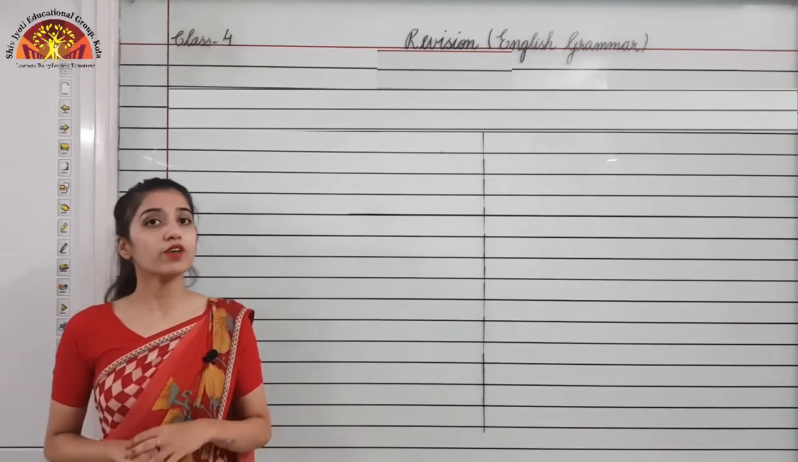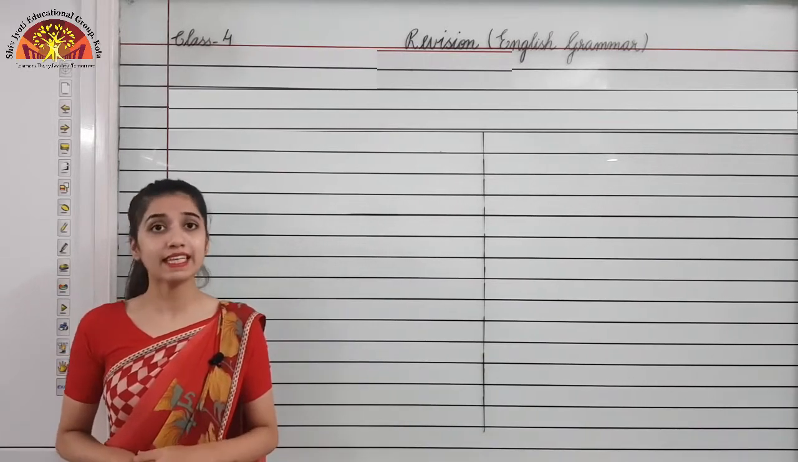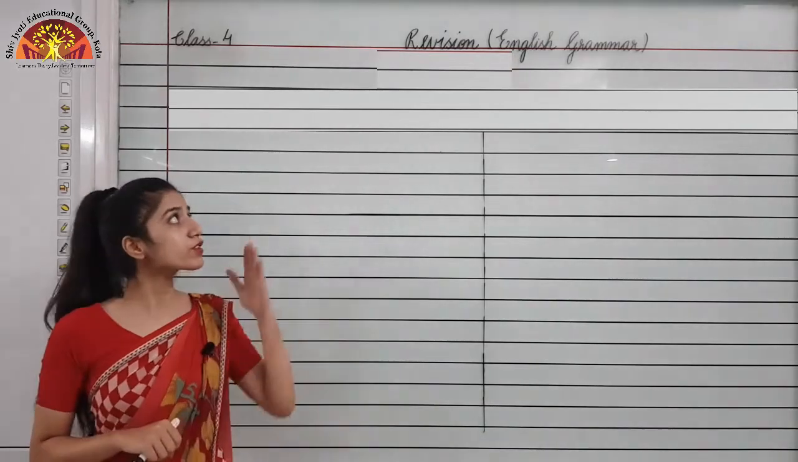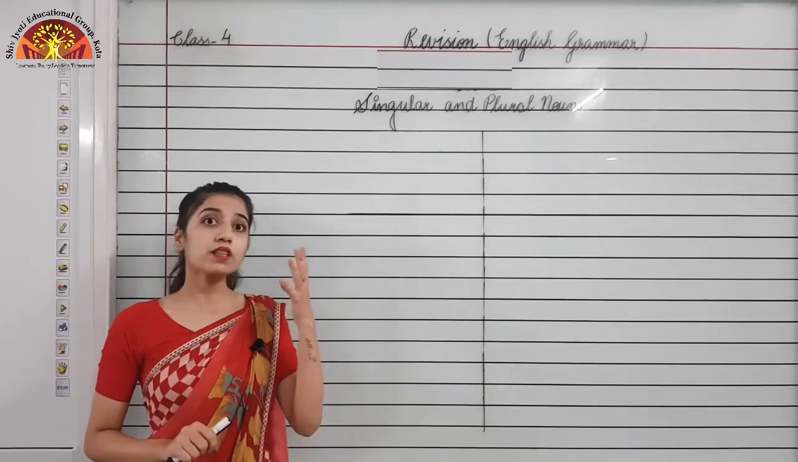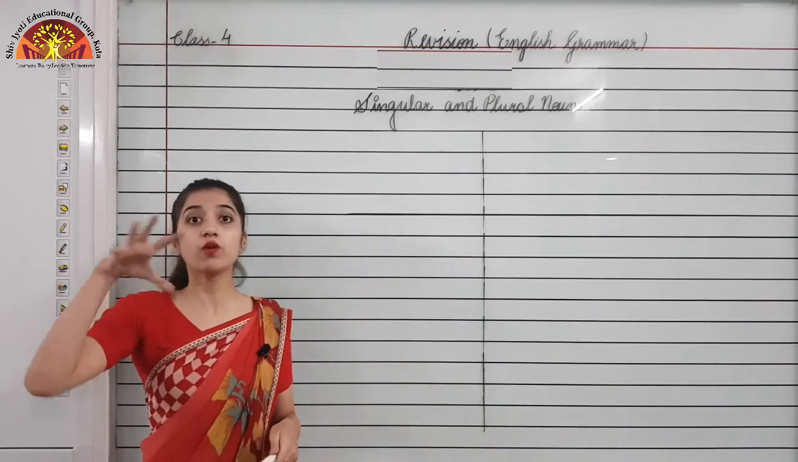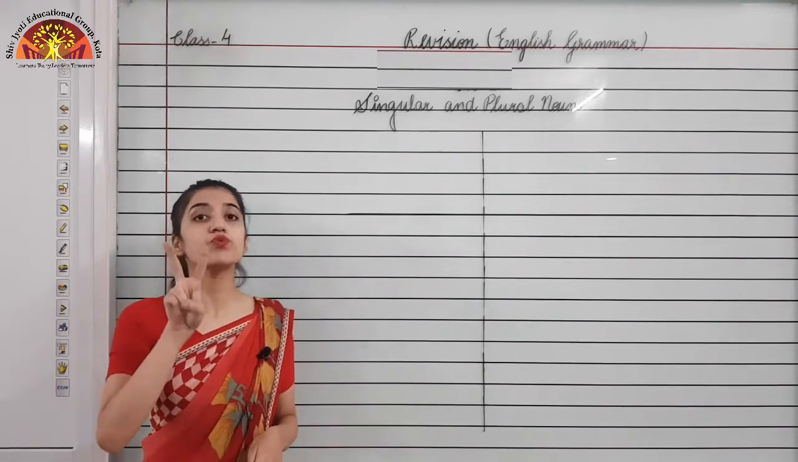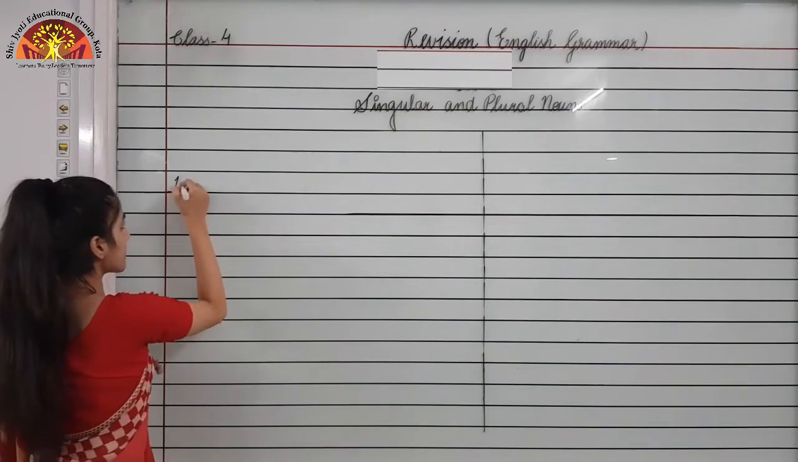Today we are going to revise 4 of your English Grammar book, that is Everyday English Grammar and Composition. So first we are going to revise chapter 2, that is singular and plural nouns. On the basis of number, nouns are categorized into 2 categories. First one is singular noun,